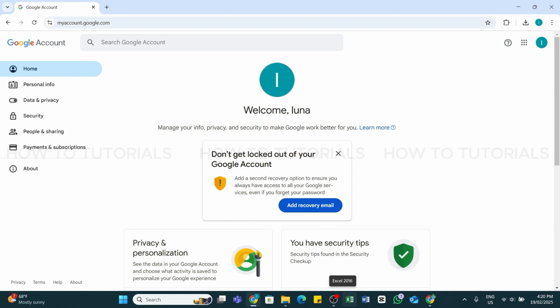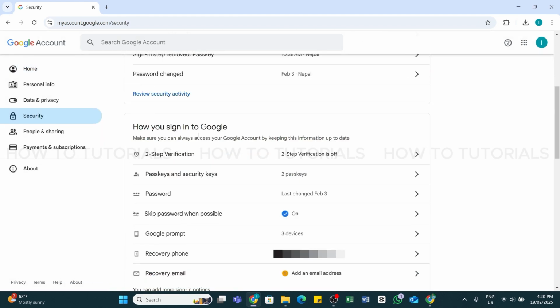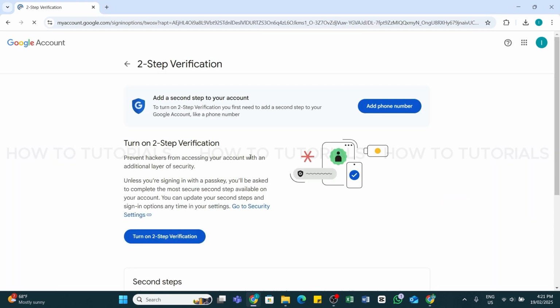Here at the left side, you will be able to locate some options. Simply click on the security option, and once you are able to see the security section, you will need to scroll down, and under how you sign in to Google, there you'll be able to locate two-step verification on the top. Simply click on this option, and here you will be prompted to enter your passcode or PIN in order to verify yourself. After entering one of these, it will start verifying you, and once after successful verification, you will be